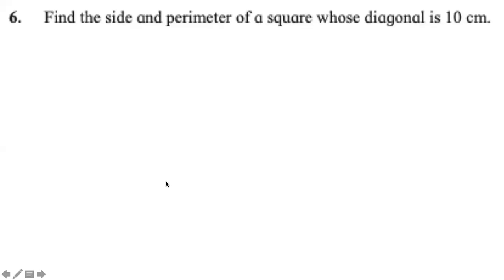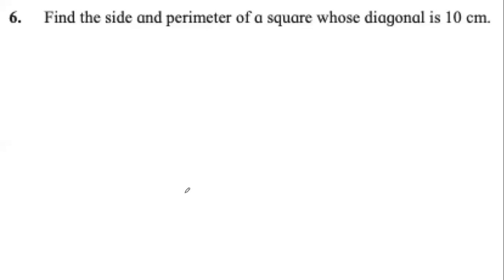The next question, which is question number 6, is a different question. Different because it looks different. There are no diagrams. The entire question is written in English as a sentence, and there is only one number. So we need to know a lot of very basic things to first understand what the question means and then answer it. Khadija, can you come out of mute and read the question, please, beta? Find the side and perimeter of a square whose diagonal is 10 centimeter.